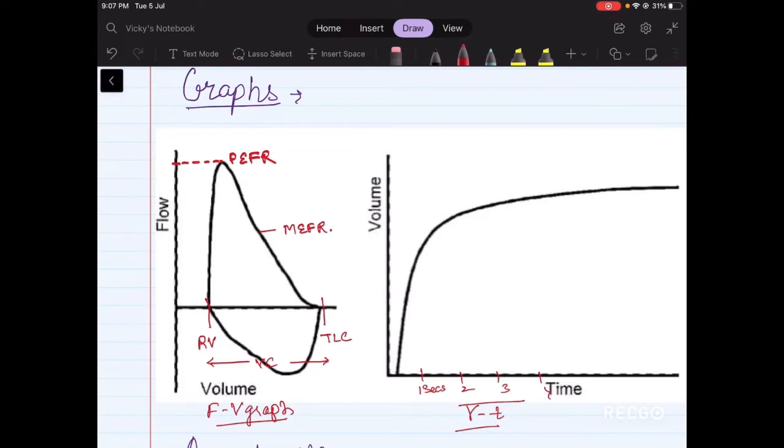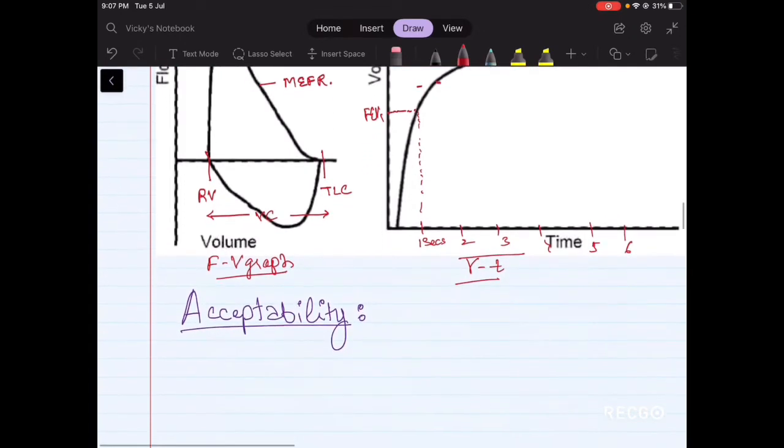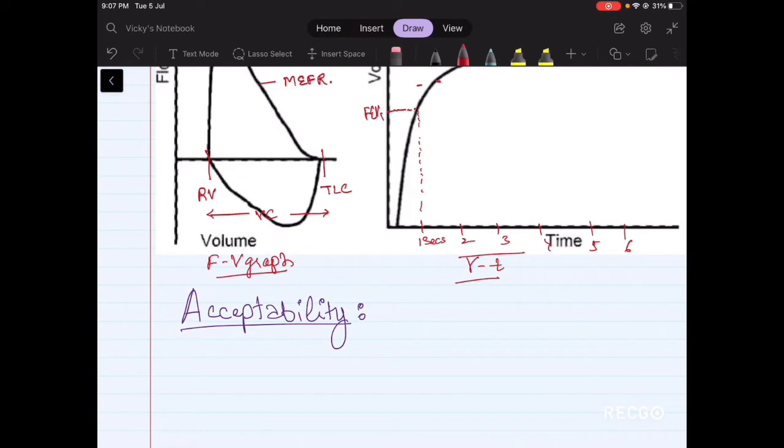Over here at the junction of 1 second is FEV1, right? Similarly FEV2, FEV3, these are over the time period, and this should be at least for 6 seconds. So now coming to acceptability, when will we accept that the graph is okay,